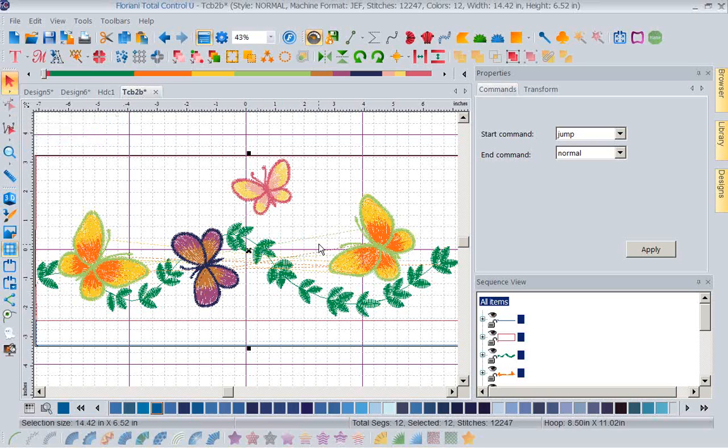You can change the colors in it. I could add lettering to it. But basically the design is exactly what you got originally. And that makes it really easy. If all you want to do is bring a design in and change a couple of colors, this is the way to do it. If you're just bringing a design in to convert the format, this is the way to do it. But if you want to work with a design, if you want to do more with it, then